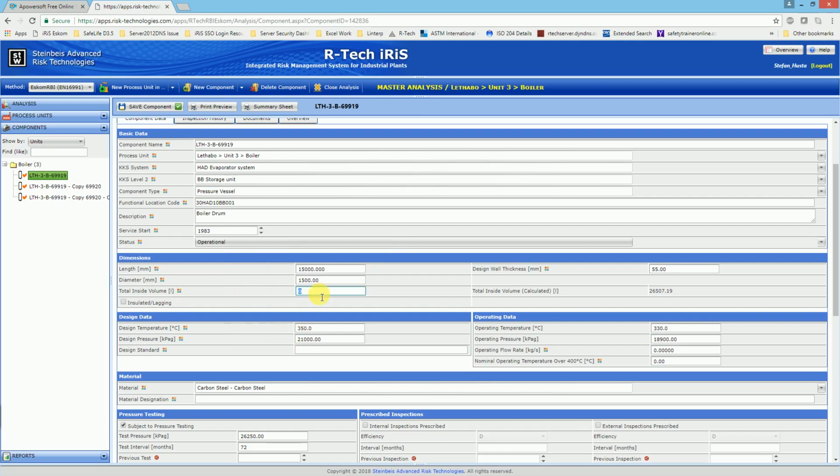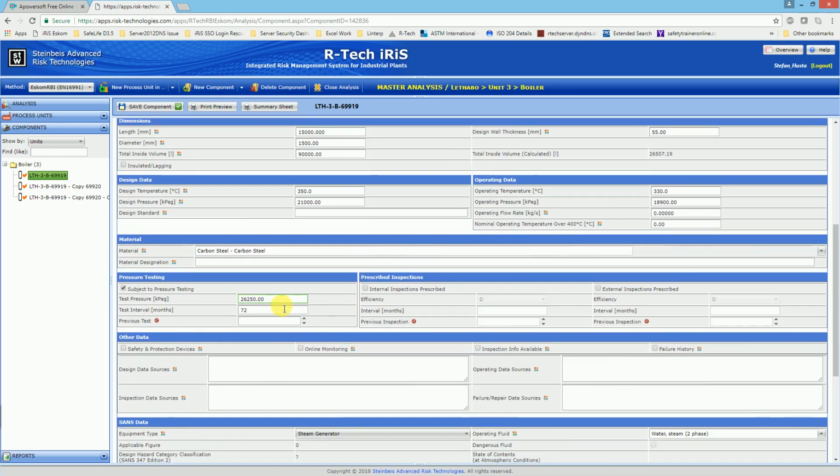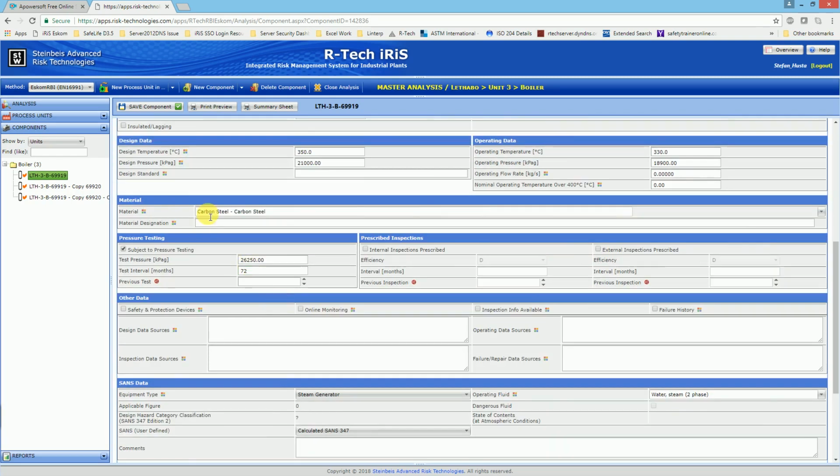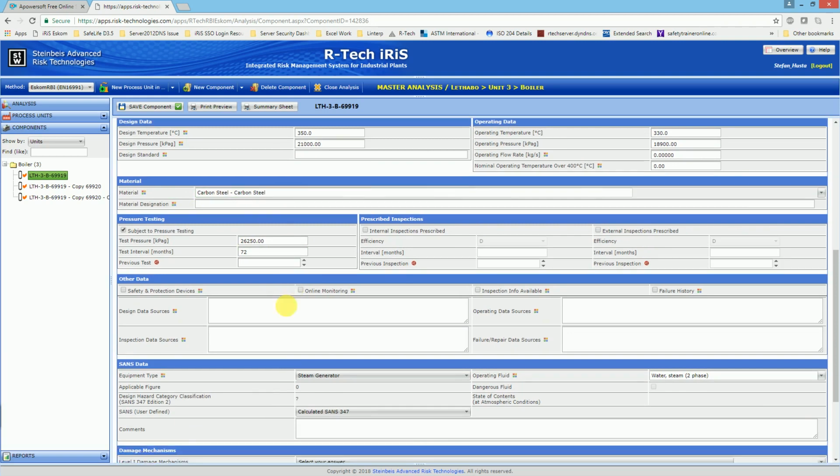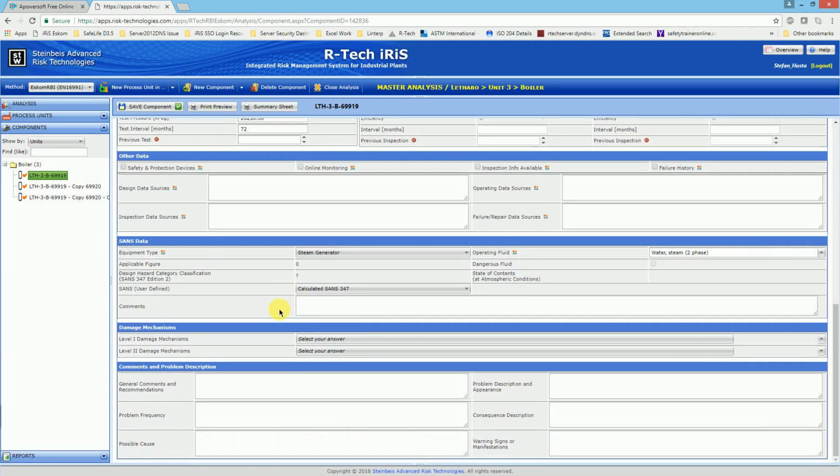input now. So typically for these very large boilers, it's going to be around the 80 to 90,000 liter range. So I'm going to put 90,000 liters, which would be the content from the economizer inlet to the main steam stop valves, the full content when it is pressure tested. And having this, and not sure what kind of steel, I suppose carbon steel, maybe some other more special kind of steel for the drum, maybe not. If I save the component, it should now automatically calculate the SANS for this component. So if I go ahead and save,